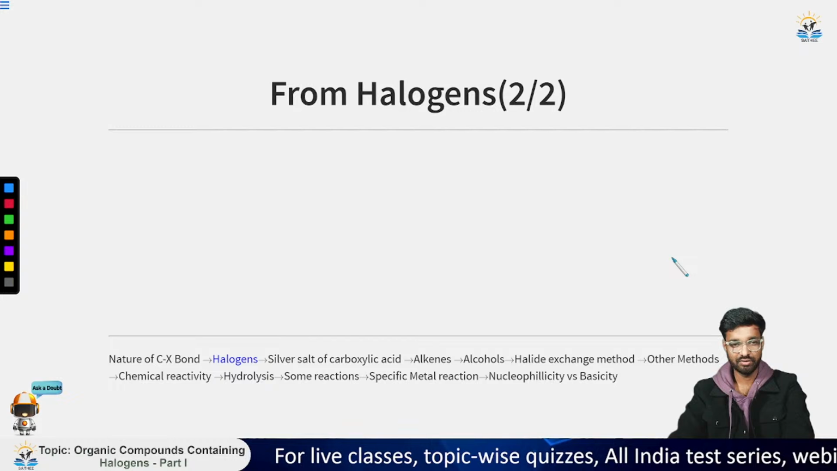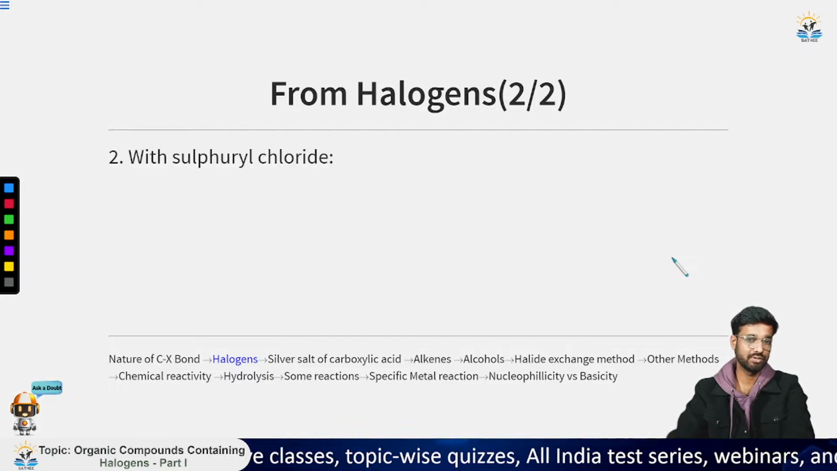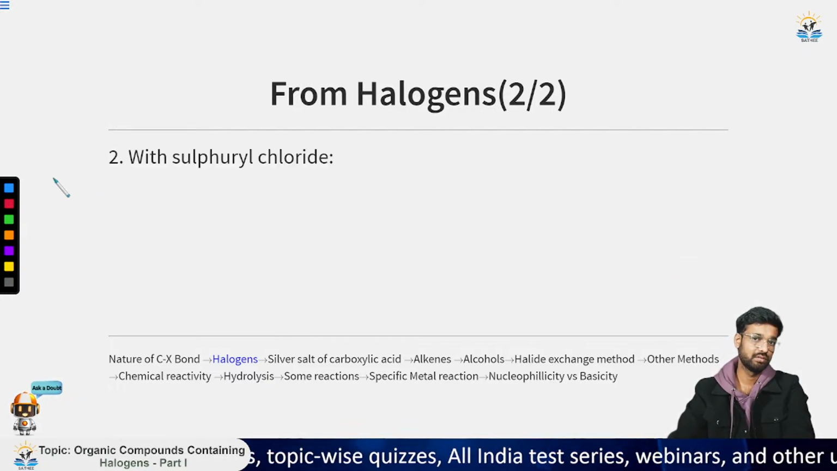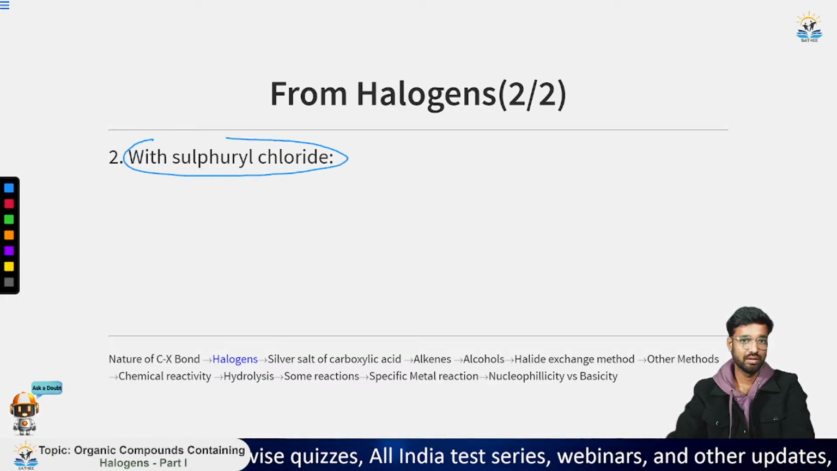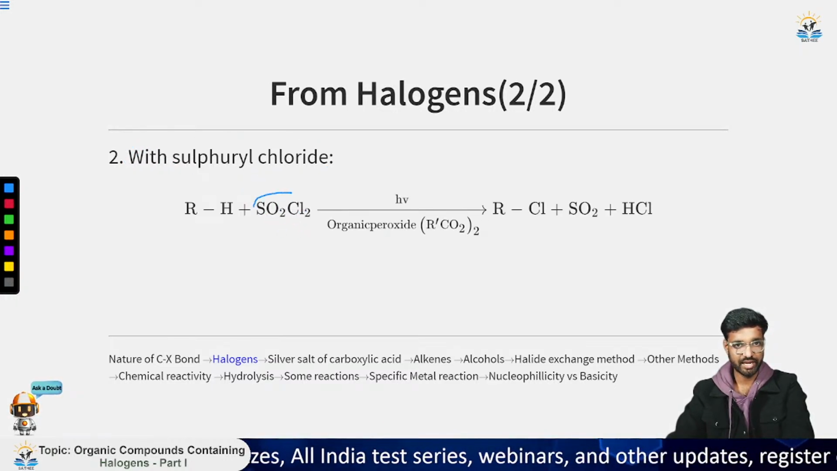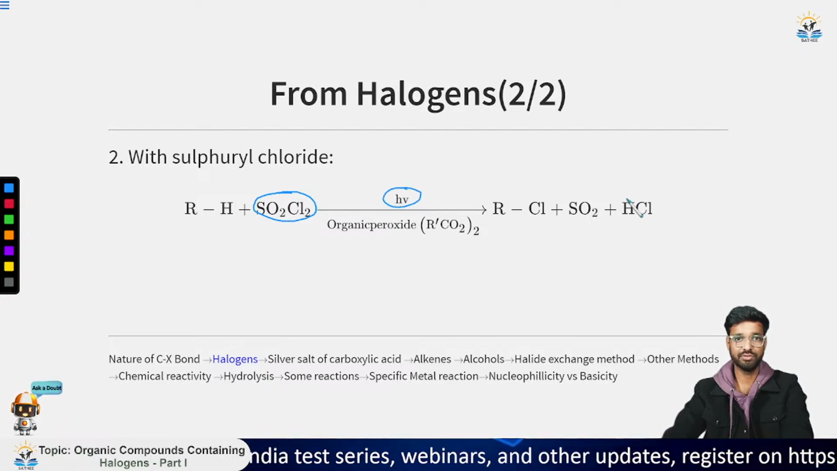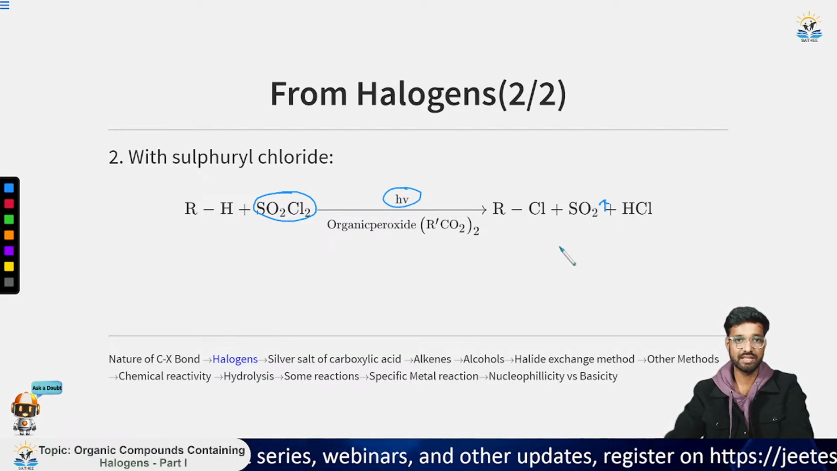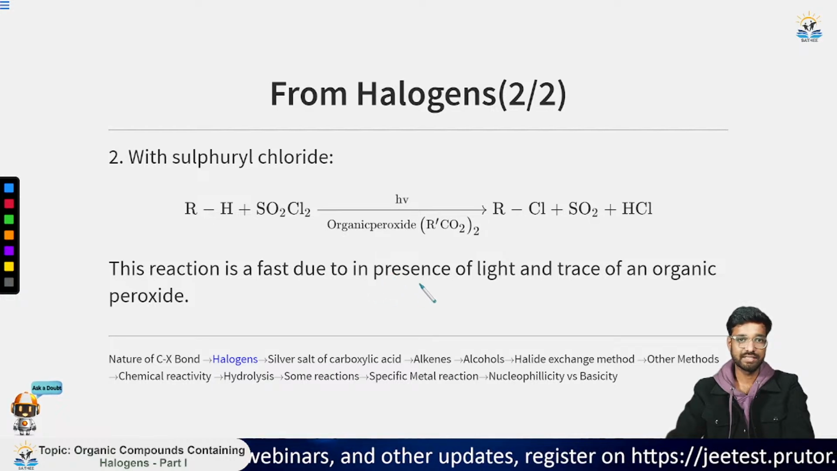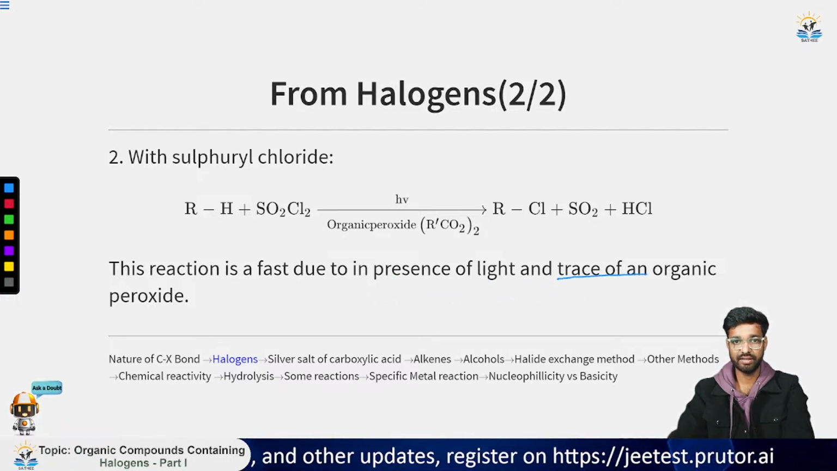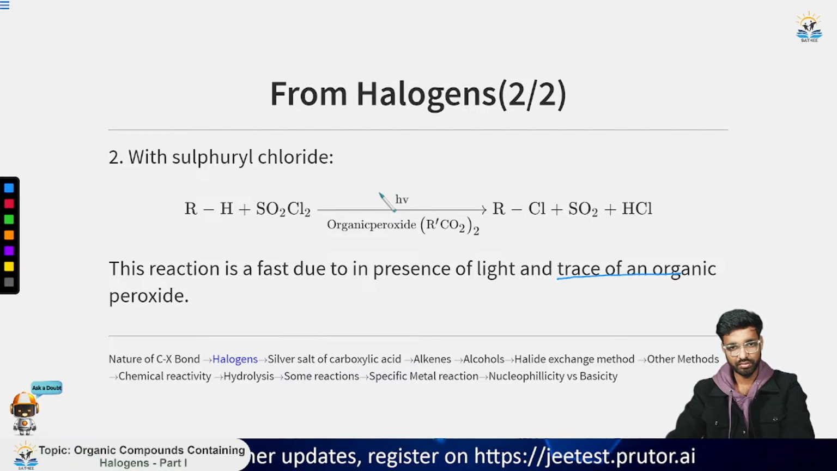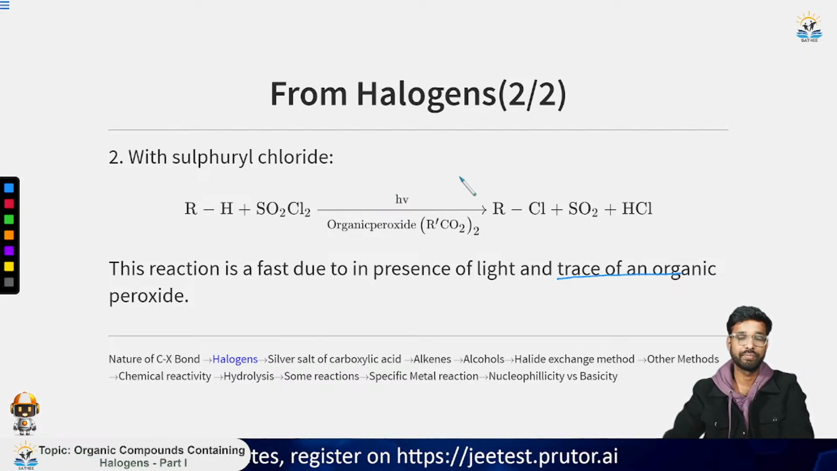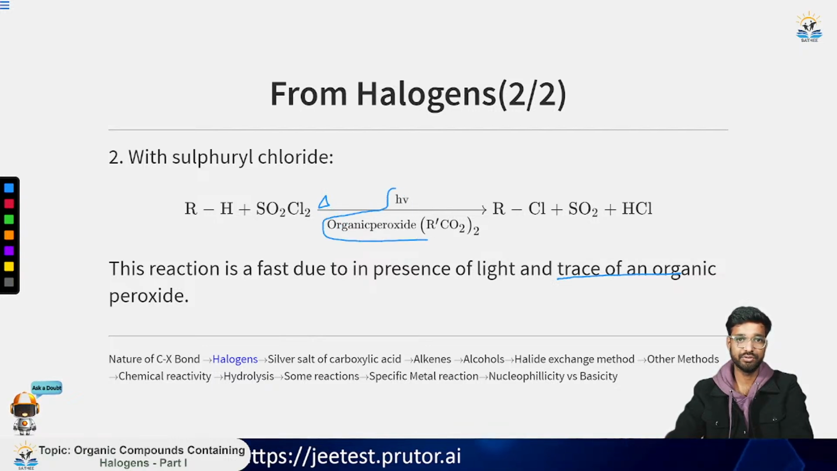Now we have another method, other than halogen and hydrogen halides. This is with sulfuryl chloride. So we'll use this SO2Cl2 in the presence of h nu. We will get SO2 as a gas and HCl. Now this reaction is fast in the presence of light and traces of an organic peroxide. If you see in the NCERT, heat is given here in place of h nu and organic peroxide. So if heat is supplied to this reaction, then